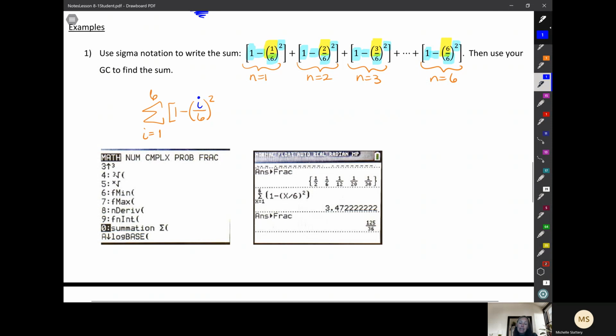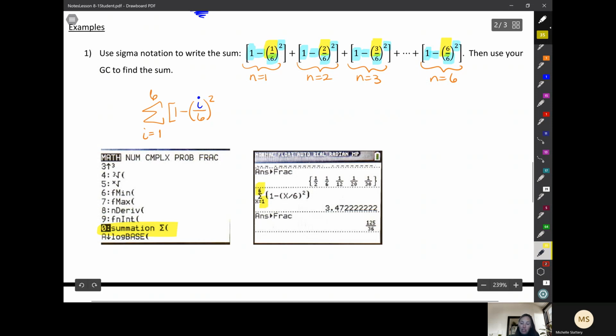Okay? And then you are going to choose summation right here. So choose option 0 for summation. And when you choose option 0 for summation, if you have an older calculator, you're going to have to kind of type in what's on your screen. Okay, and if you have an older TI 83 or 84 and you're not sure how to figure it out, let me know. But otherwise, you're going to see this here on your calculator, but it's going to have boxes,